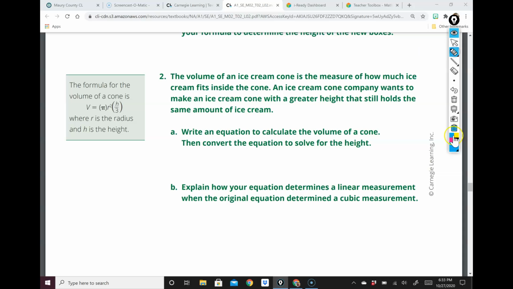So the volume for the cone is given to us. Volume equals pi r squared times height divided by 3. Or you can think about it as 1/3 of pi r squared times your height gives you the volume of a cone. Then we need to solve for the height. To get rid of that fraction,